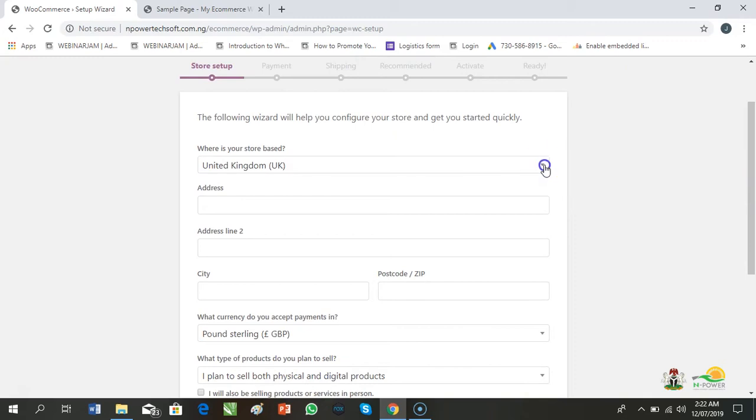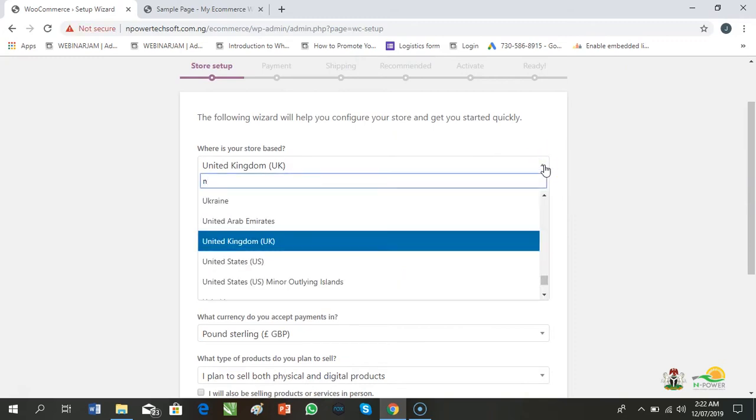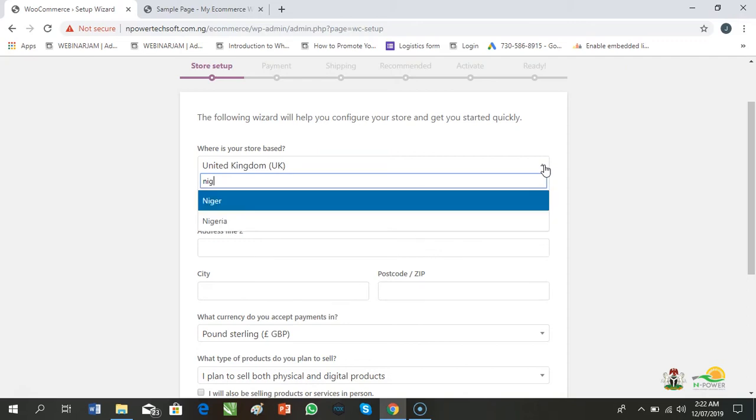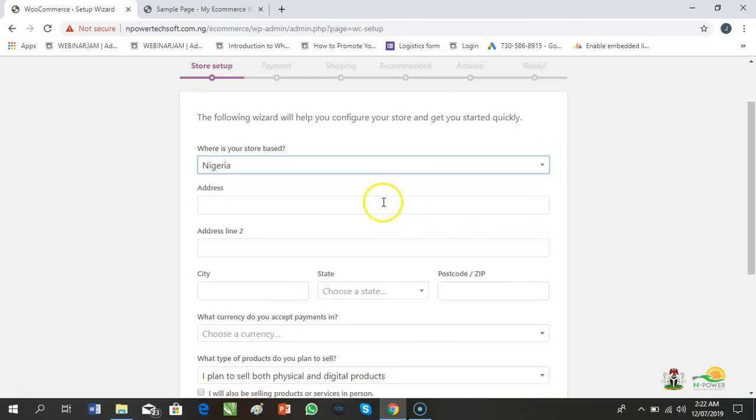Because we are in Nigeria, we are going to change this country to Nigeria.